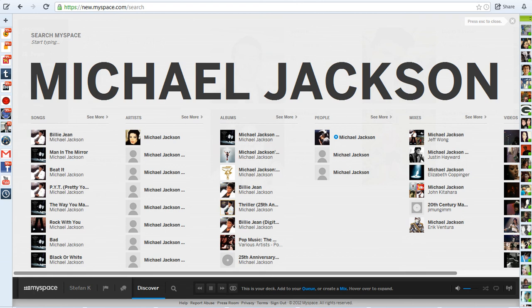Also, if you're a music artist or do anything with music, do you think this will help you? Do you think this new MySpace layout is more user-friendly for music artists, or do you think it's less user-friendly for artists? And leave me your feedback, just generally, if you want me to do anything on MySpace